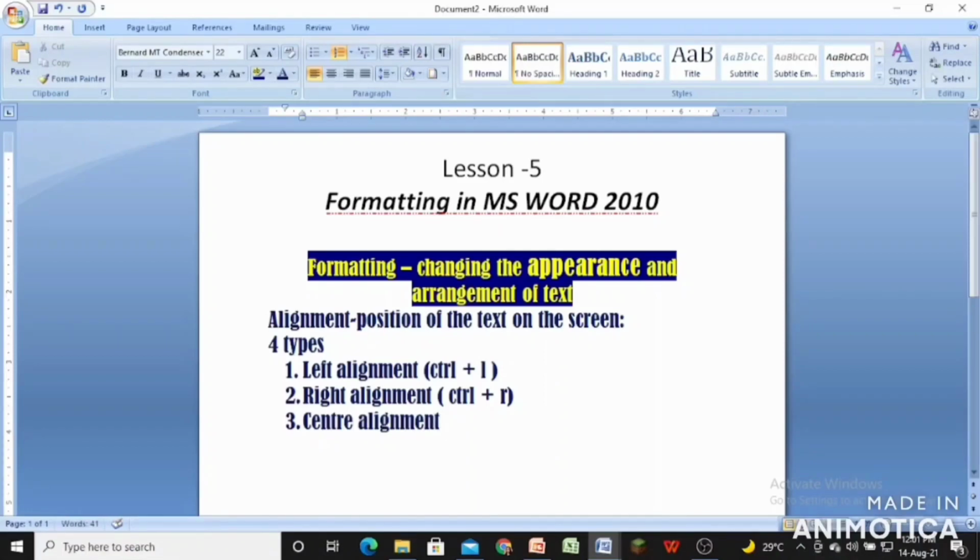Control plus E. It is the center alignment. Next one, justify alignment. Control plus J is the shortcut key for the justify alignment.